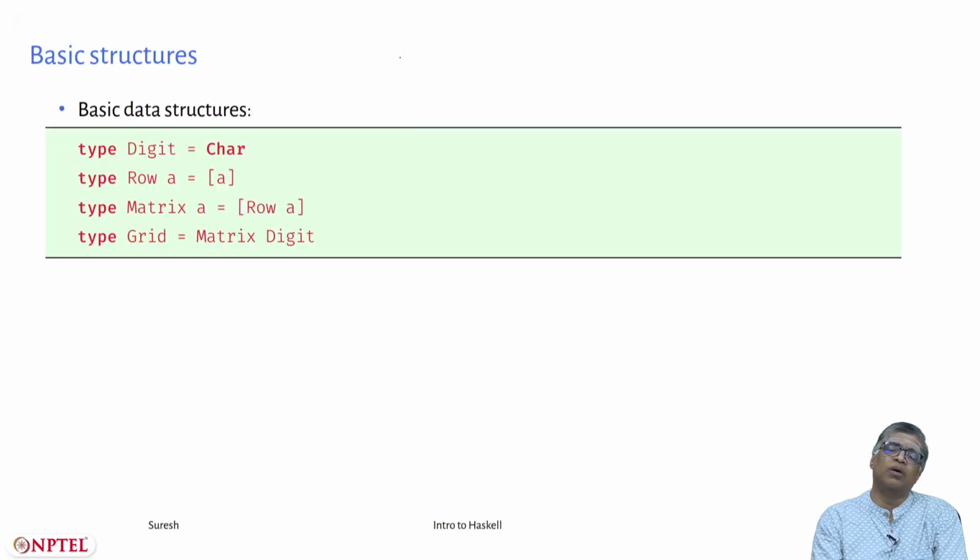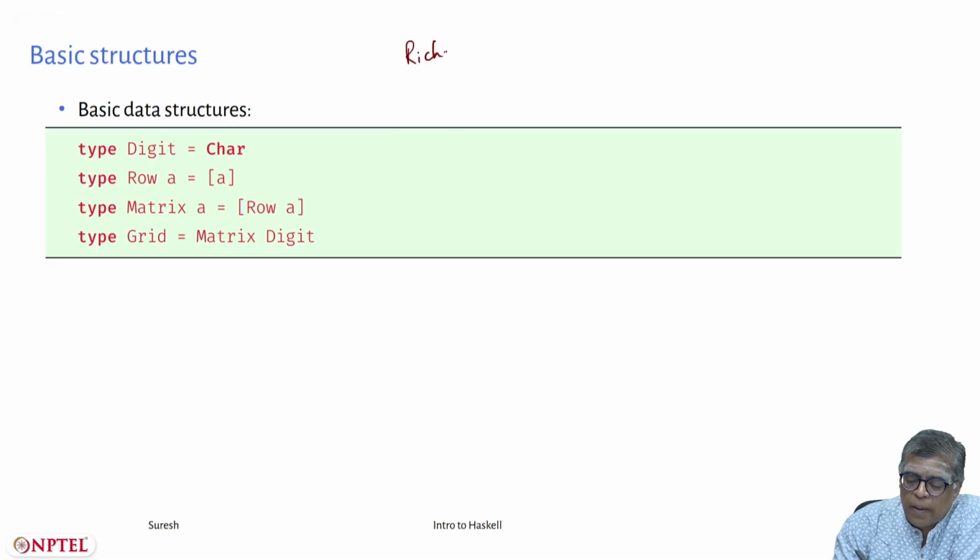Let's see how you can represent Sudoku in Haskell. We'll be very naive; we won't try to do too much optimization. We'll just try to get the correct algorithmic ideas and a decently working program, which can be improved quite a lot more, but we'll leave it for you to study on your own. There are lots of resources on the internet if you search for solving Sudoku using Haskell, and that is a very good way to learn more and more Haskell. But let's look at this solution that we have. This is by Richard Bird.